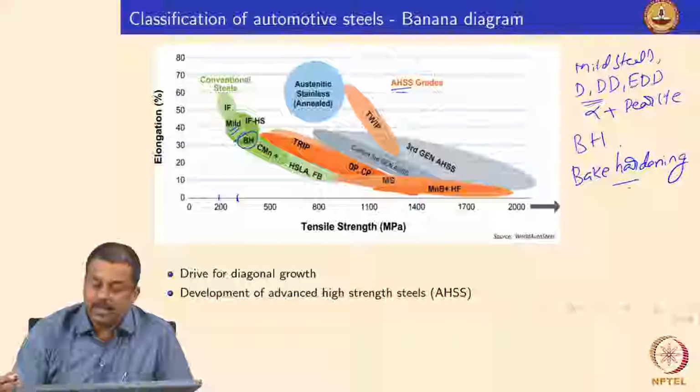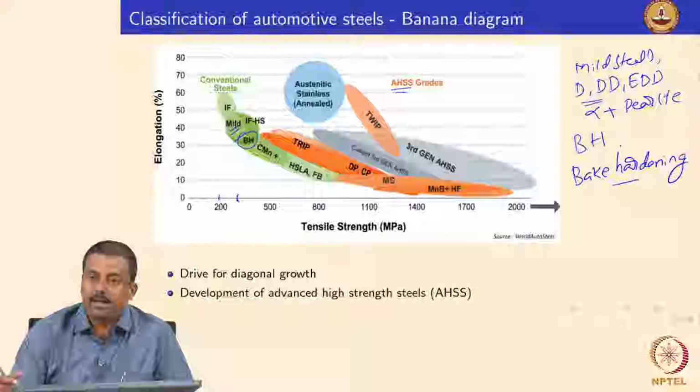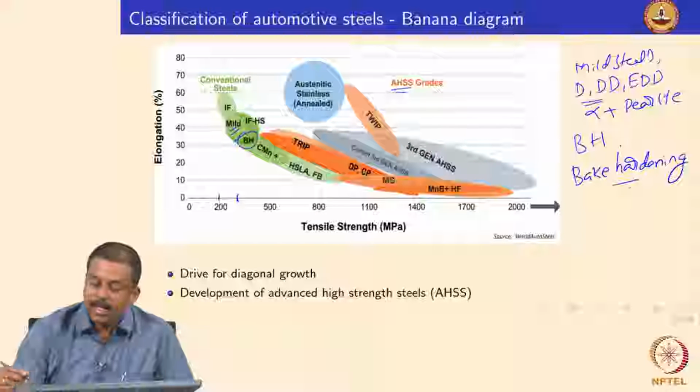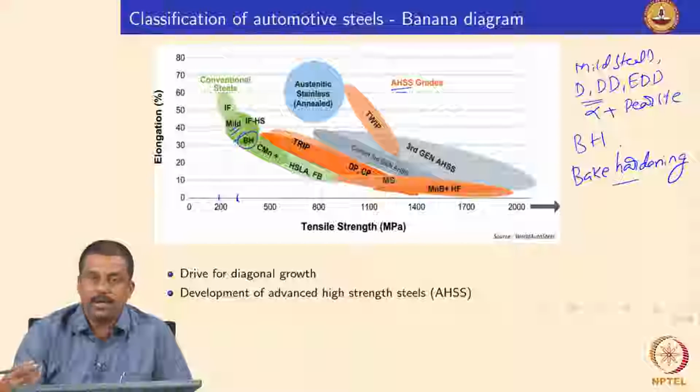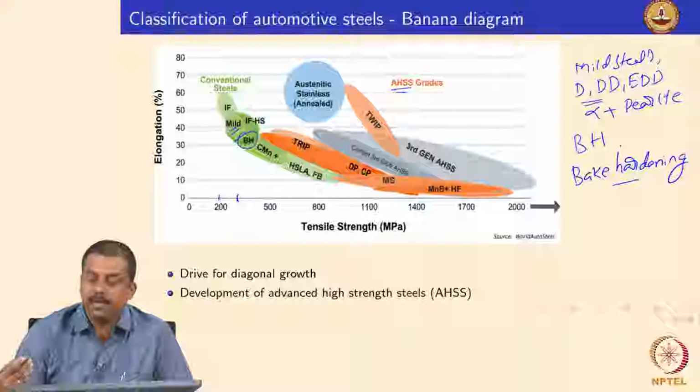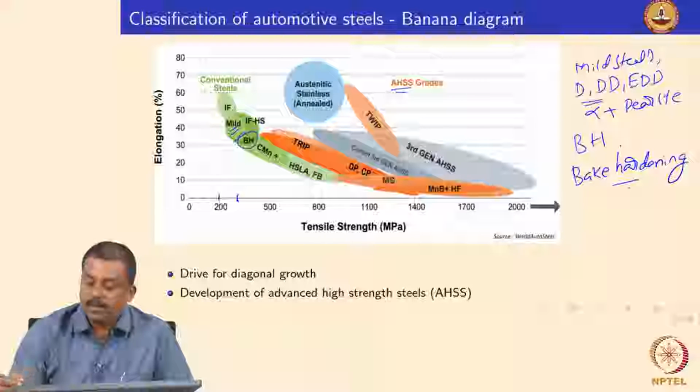So why do we keep that? In IF steels we take it out and form microalloying precipitates, whereas in bake hardening steel we keep the carbon atoms in the interstitial positions. And why do we keep it? Because when you deform these steels, so you anneal, and subsequently bake it in a paint baking cycle, so you make a component, you deform it, whether deep drawing or stretching, and then you send the component after painting to the baking cycle. So we all know that